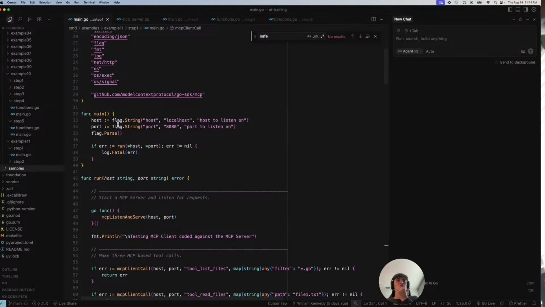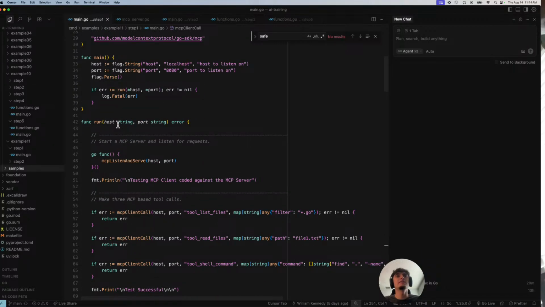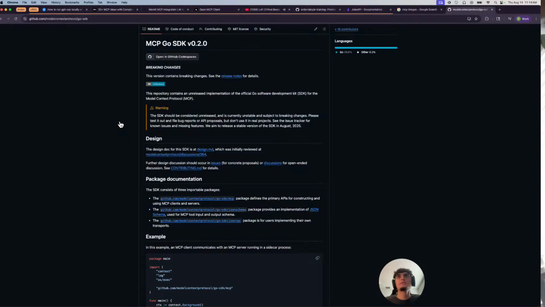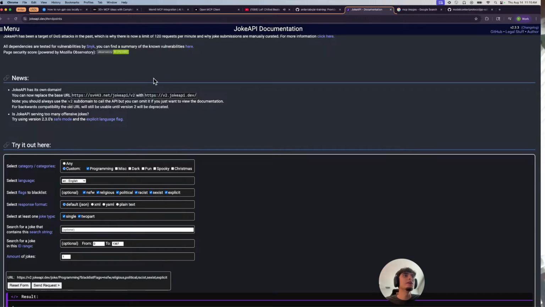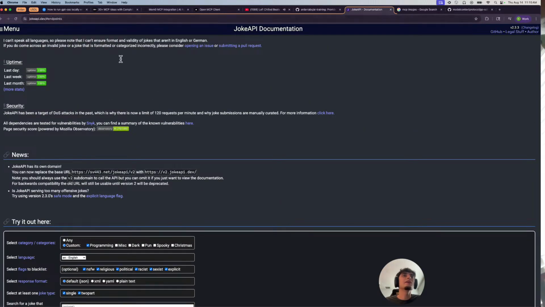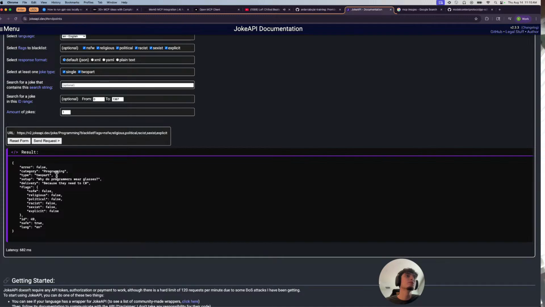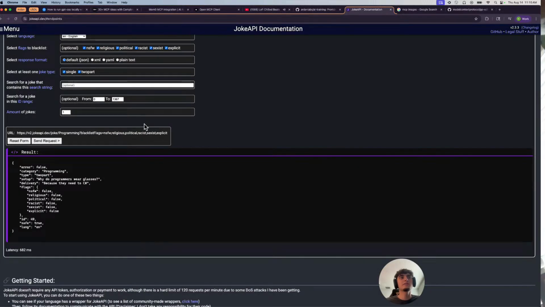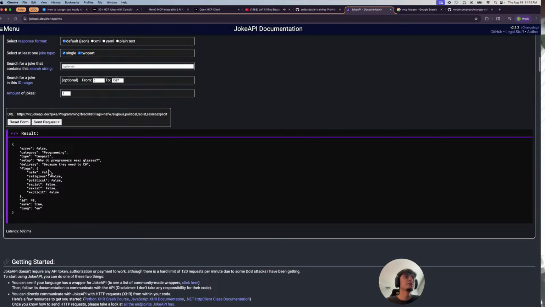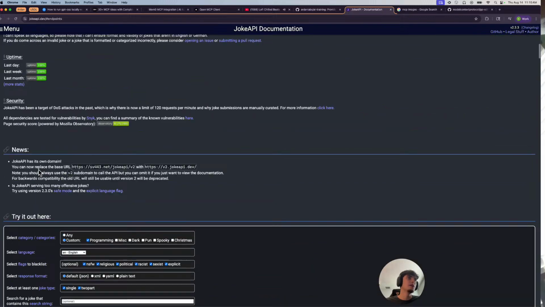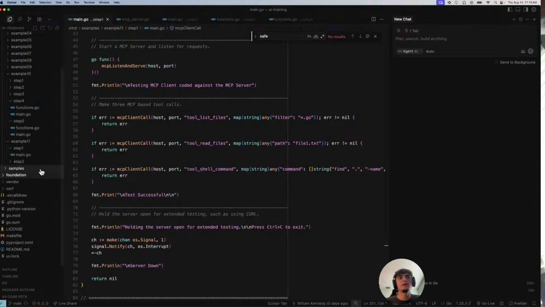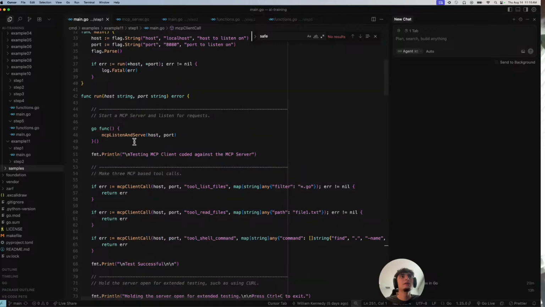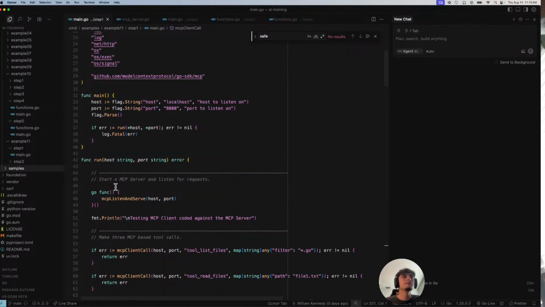I had this idea that it's super basic, but I think it'll be a fun way to do this. I wanted to use this joke API and basically just have a tool, since I notice here we don't really have tools that make an external API call. I wanted to do that and add to it. The LLM can come up with a joke on its own, but it was just a way for me to hack on something and try out the process. So